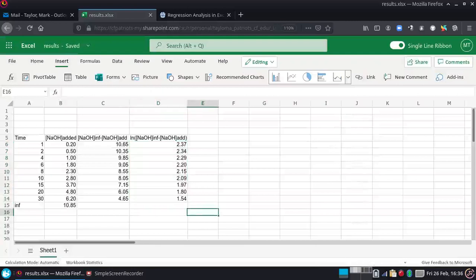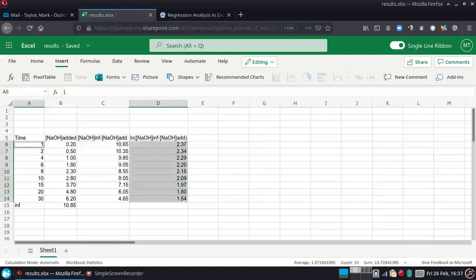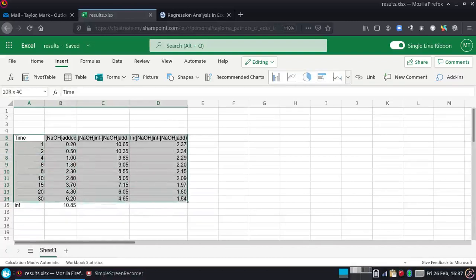Alright, now what's interesting is I kind of want to actually graph that piece of data against, oop, I did that wrong, this bit of data and this bit of data. But if I actually choose just the stuff I want on the web form and then go to insert and click on my charts, you see how they're grayed out? You actually can't do this on the web form. You can't select 2 different data. If I select the entire table, they stay